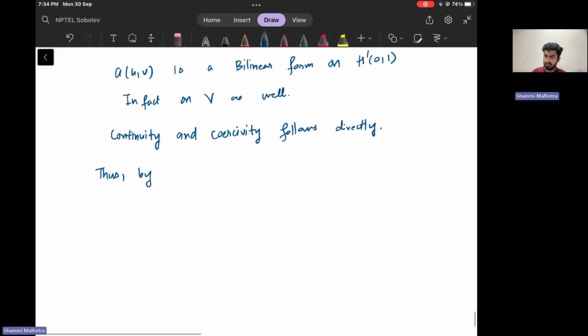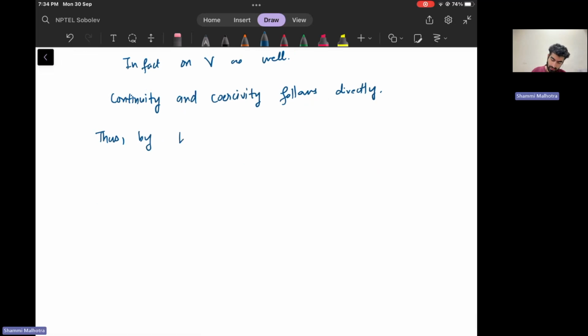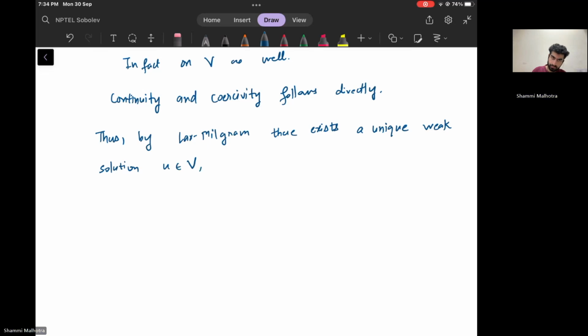In fact, the right hand side is again a continuous linear functional. Thus by Lax-Milgram, there exists a unique weak solution u belonging to V,